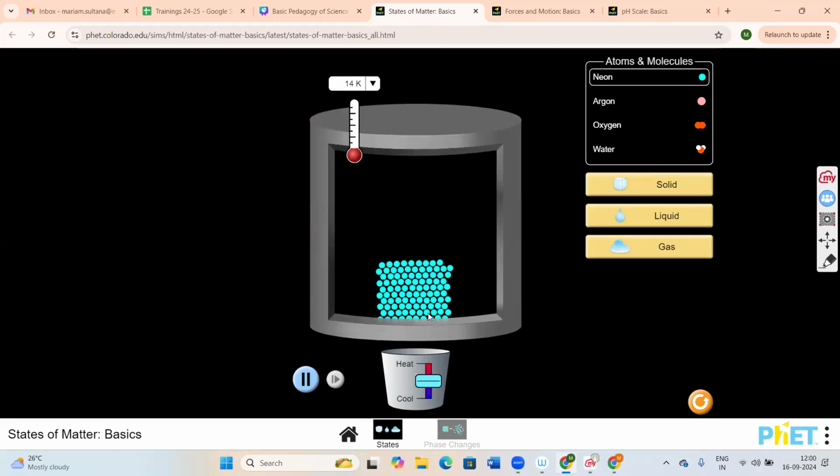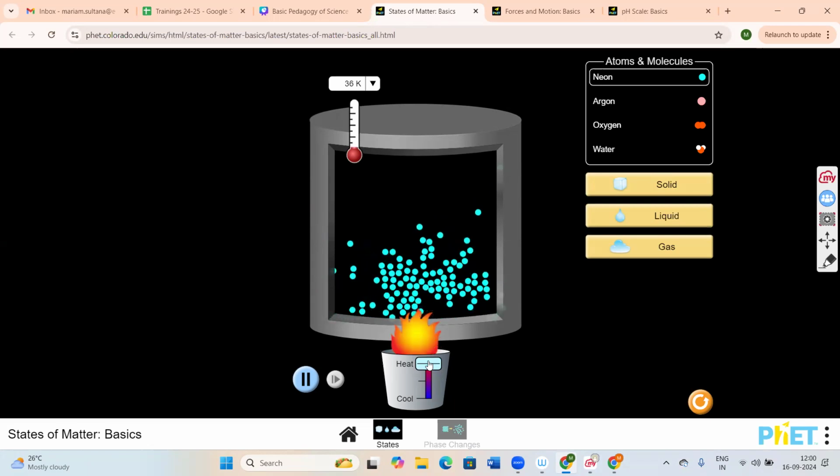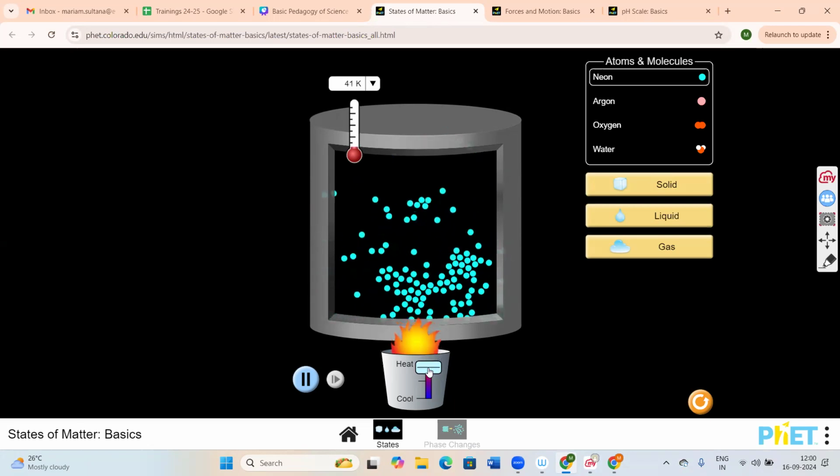So this is the virtual lab simulation of states of matter. You can see over here the arrangement of particles. So this is the solid state. Now, what happens if I apply heat, if I increase the temperature? You can see the temperature is increasing. So as the temperature is increasing, the particles move faster and they are changing from the solid state to the